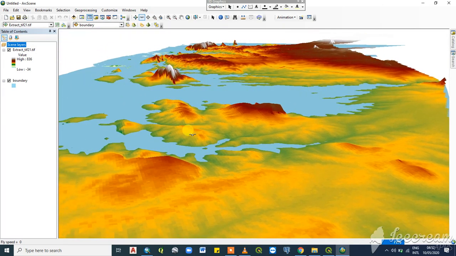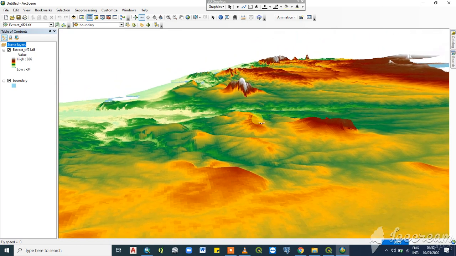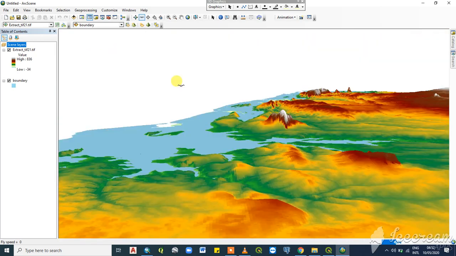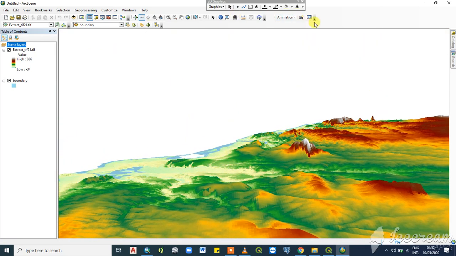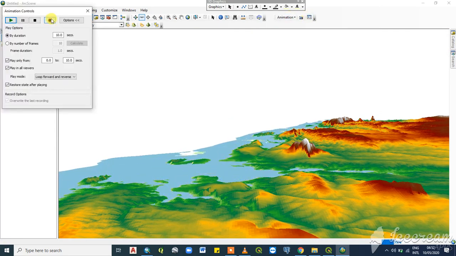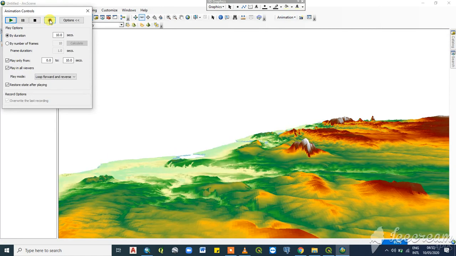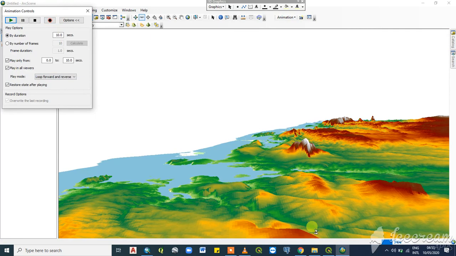So this is just a demo on how you can simulate floods using 3D in ArcScene, and probably make a model. You can decide to export the model by hitting on the recording tab. Once the recording is done, you are able now to export the model and hand it over for